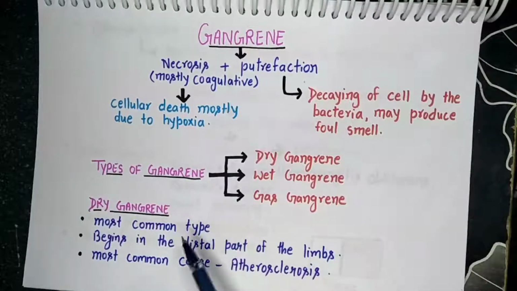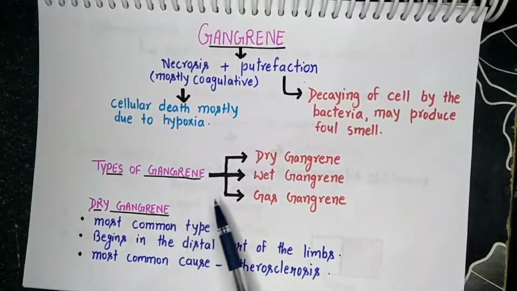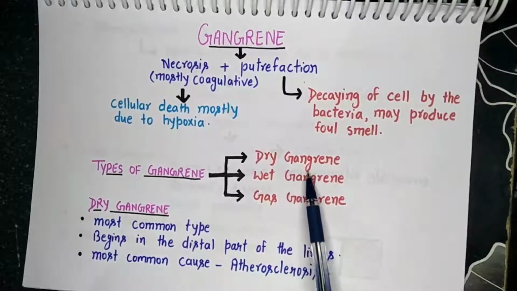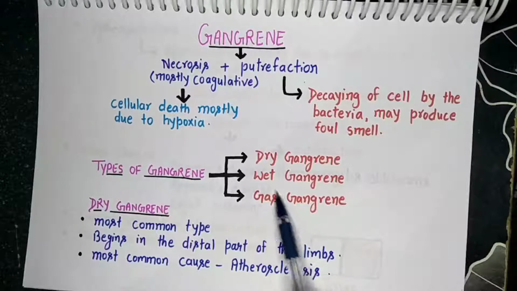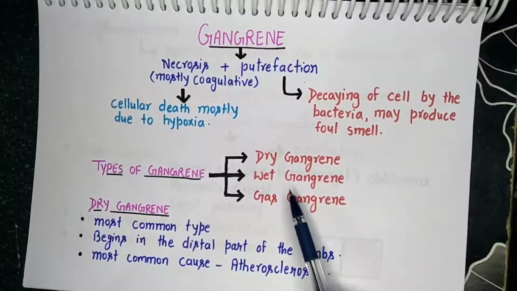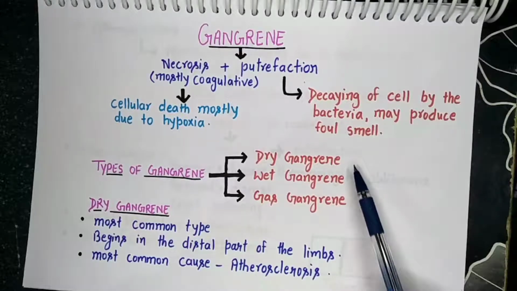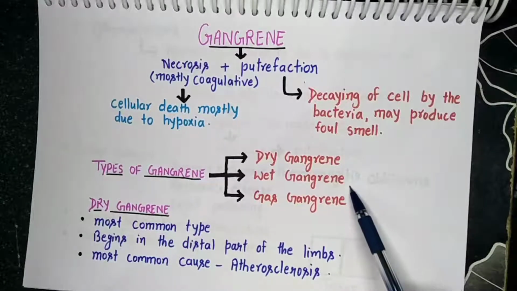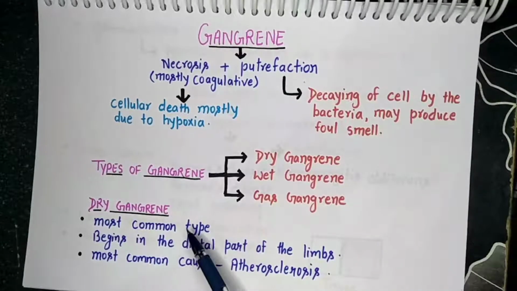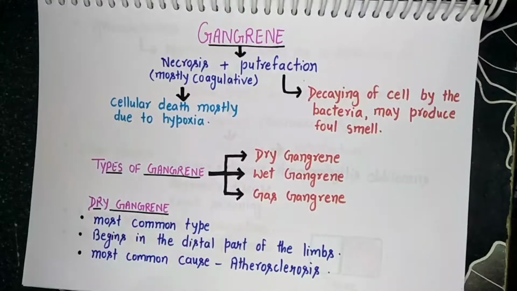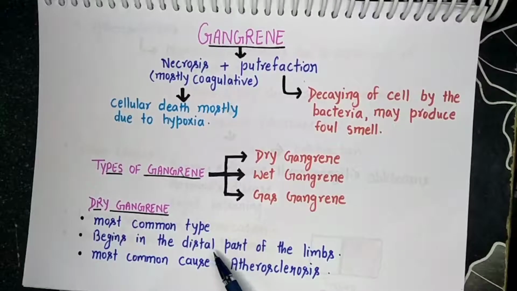Now come to types of gangrene. It can be dry gangrene, wet gangrene or gas gangrene. Gas gangrene is actually a variant of wet gangrene only. The main classification of gangrene is only dry and wet gangrene. Now come to dry gangrene. Dry gangrene is the most common type of gangrene and it is mostly seen in case of the distal part of